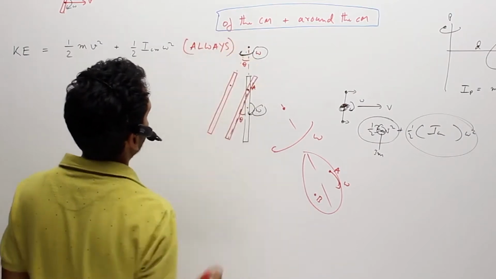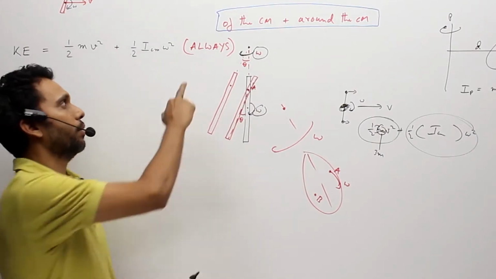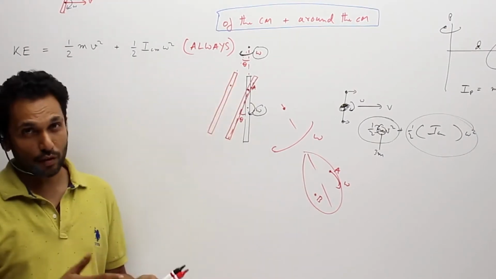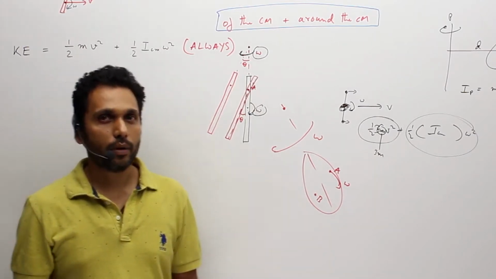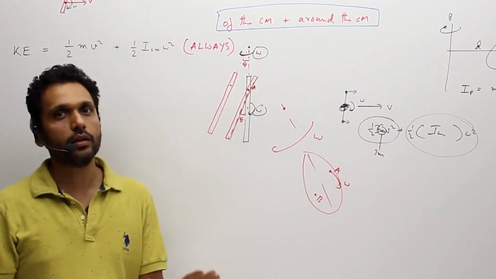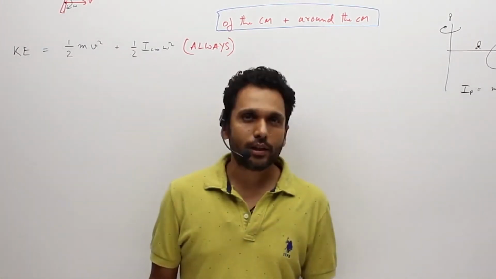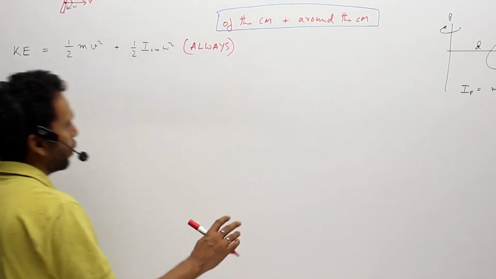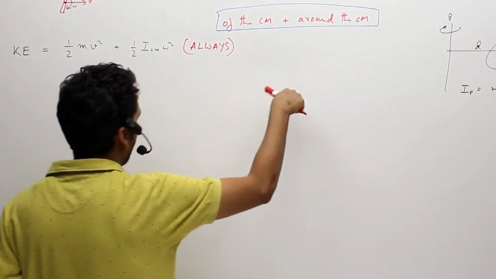So that's your formula of kinetic energy, and this formula can be applied always, in any situation of a rigid body which is rotating. Why am I writing always? Because I am going to propose another formula which looks much simpler and is in fact easier to apply, but that formula can be applied only in special circumstances. So what's that special circumstance? That is, if the body is rotating about a fixed point of rotation, as it was drawn in the diagram.